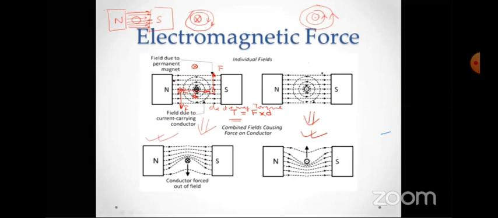So already some flux lines were there due to this pair of poles, north pole and south pole. But now additional flux lines are created due to the cross current in the conductor. Now, this cross current in the conductor and the existing flux lines will interact and produce a different type of flux lines like this. After the reaction of this straight line flux and this circular flux, the new form of the flux lines will be like this, like this.